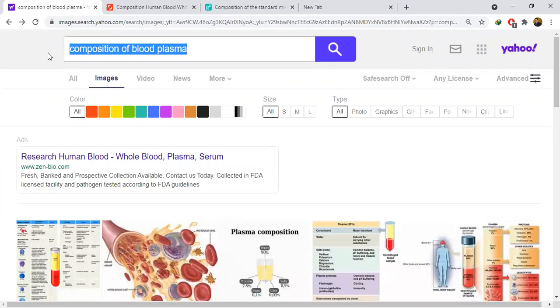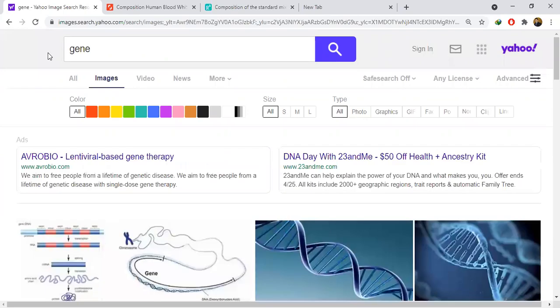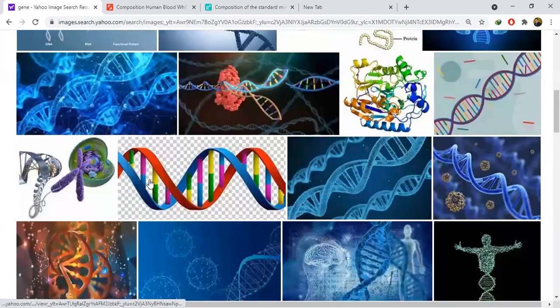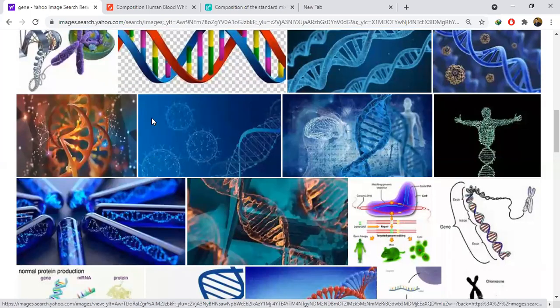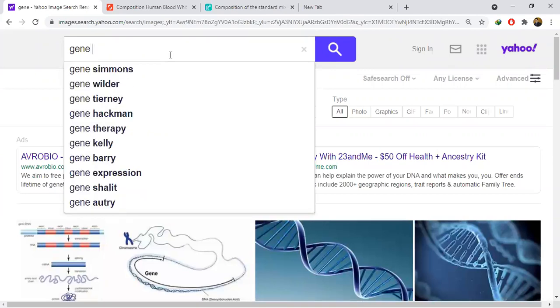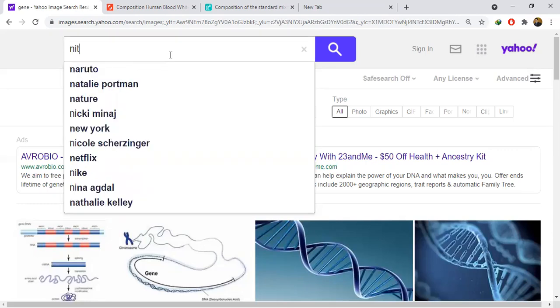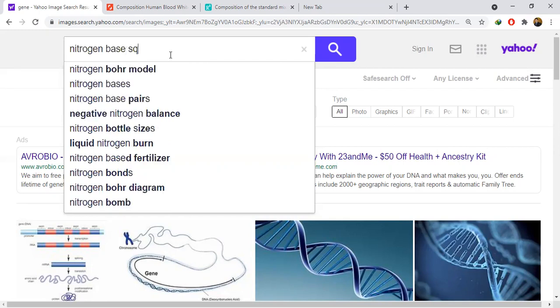What is a gene? What is there in a gene? A gene contains nitrogen base sequence. For example, nitrogen base sequence